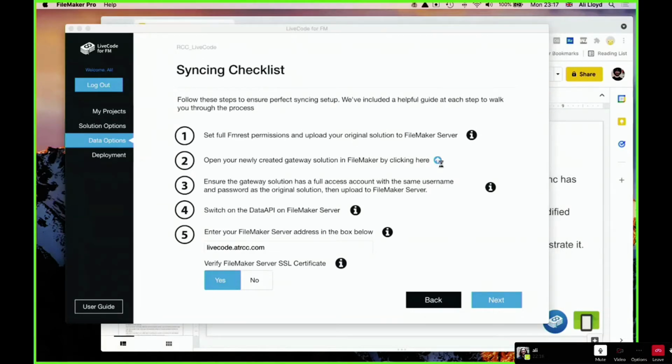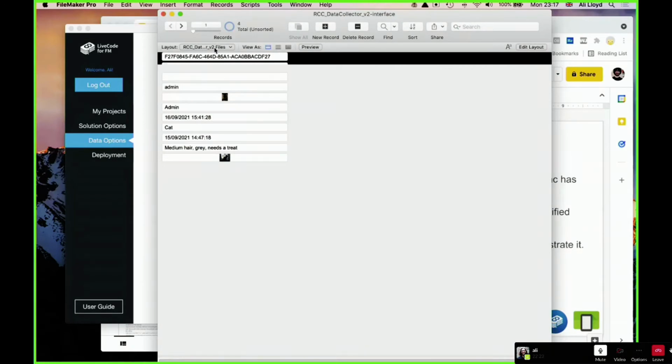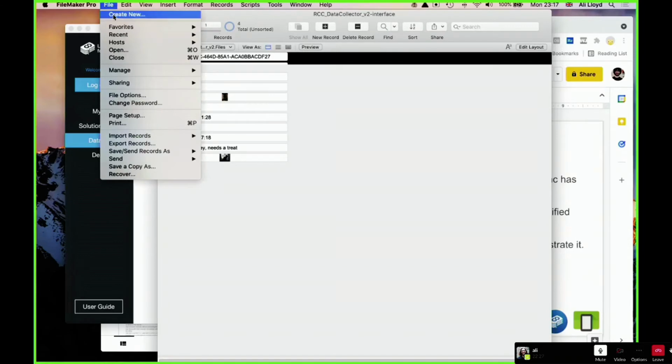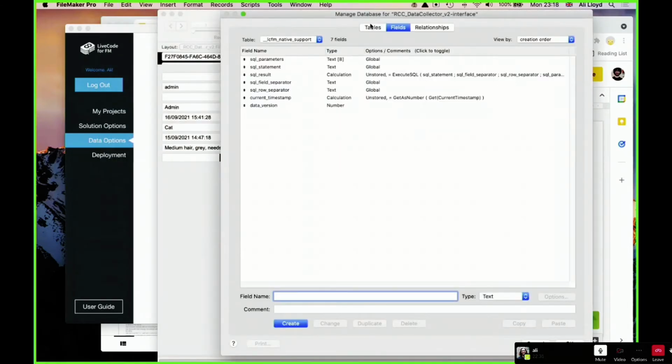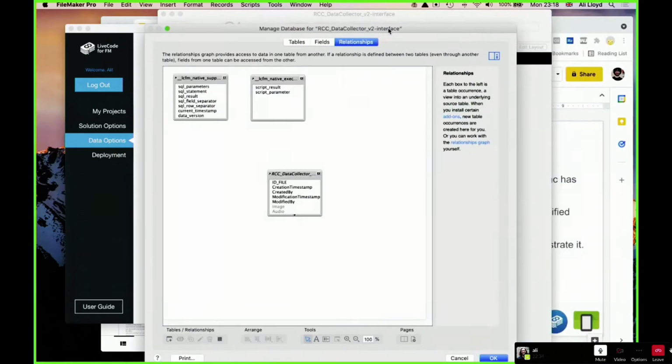I'm going to open the gateway solution now. When you do this for the first time, LiveCode for FM will open this up. It does it all automatically.